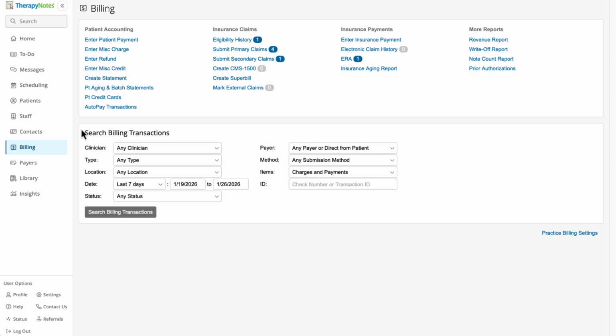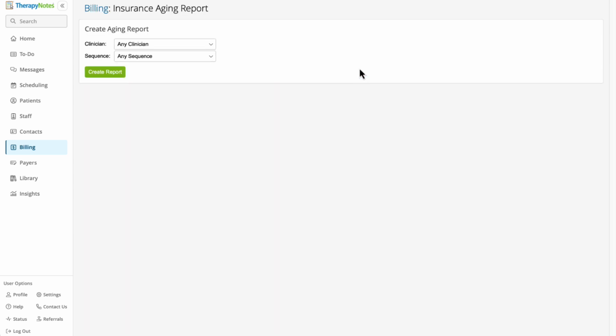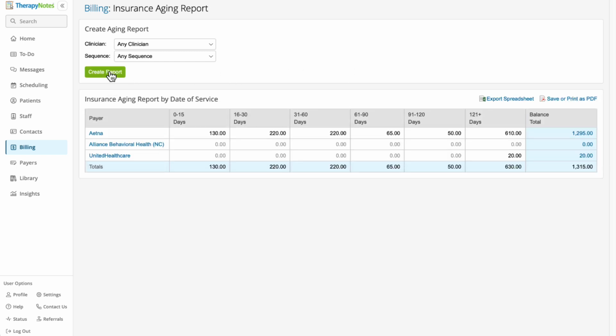If you would like to see how much your insurance payers owe your practice, click Insurance Aging Report from the Billing tab. Just like with the previous report, you can click on any amount to see the transactions that led to it, as well as export as an Excel spreadsheet or PDF file. For Insurance Aging Report, the user can specify if they want to view primary claims, secondary claims, or both by